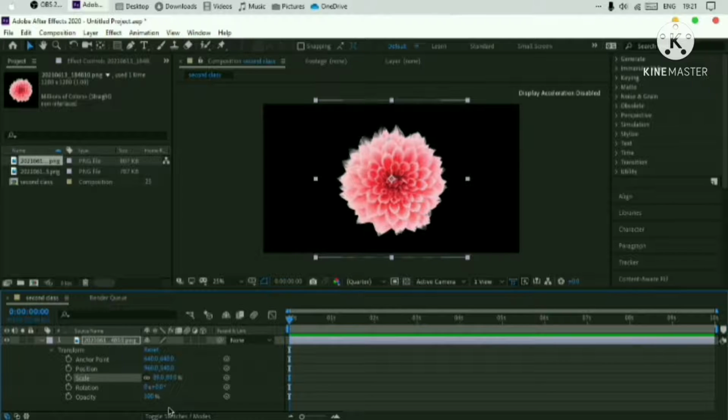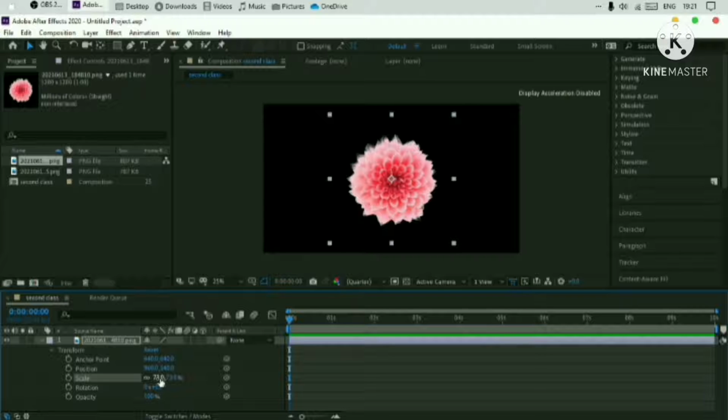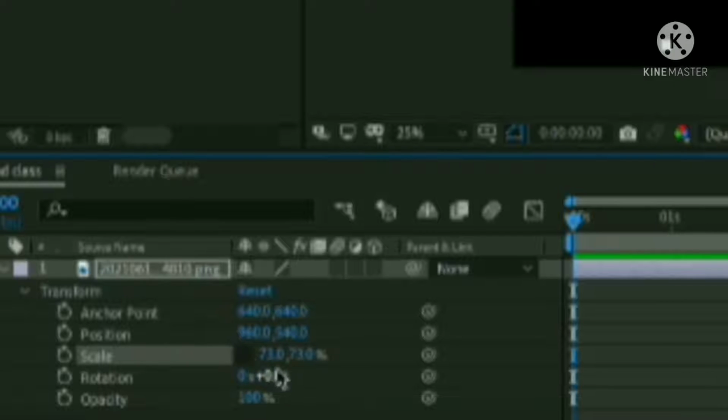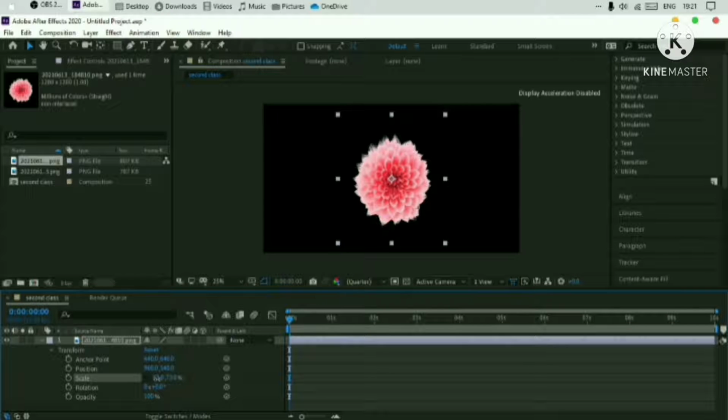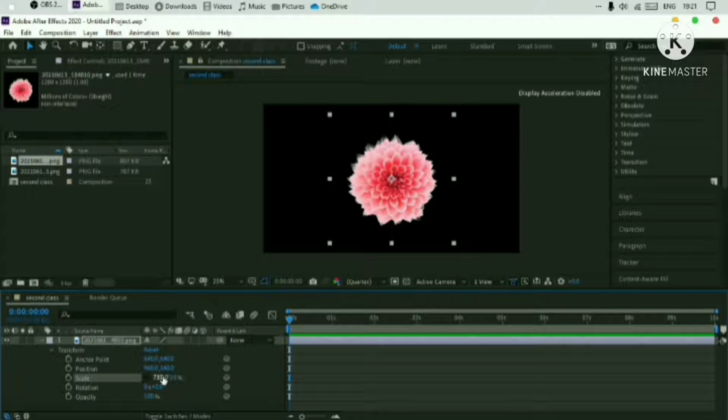Now why is it happening? This is because here you get one chain link, using which these both are joined. So when you change one setting, like the width, then the height simultaneously changes. So if you want to change only the height or only the width, then you can just unlink this chain, and then you can change the width and the height separately. Alright, so this is one thing, and let it be 100% by the way.